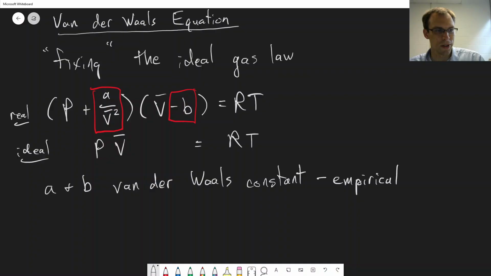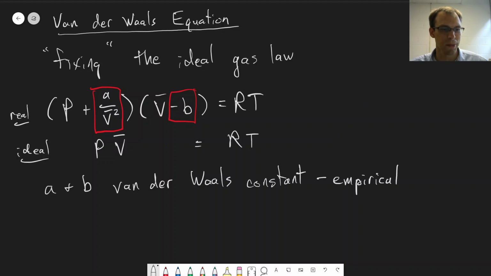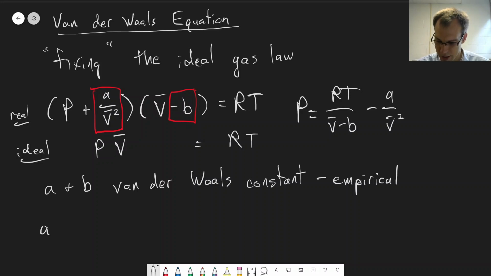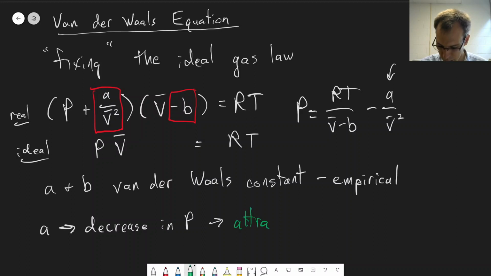Okay, so going back to the van der Waals equation, what do a and b mean? What do they tell us? I'd like you to pause the video and think about that. Looking at the equation mathematically, what do a and b represent about our molecules? Okay, so a leads to an effective decrease in the pressure. As a increases, that term is going to get smaller. We can figure this out by reorganizing this equation to write it as P = RT/(V̄ − b) − a/V̄². We can see the second term that has a is going to subtract, and so this is a decrease in pressure,